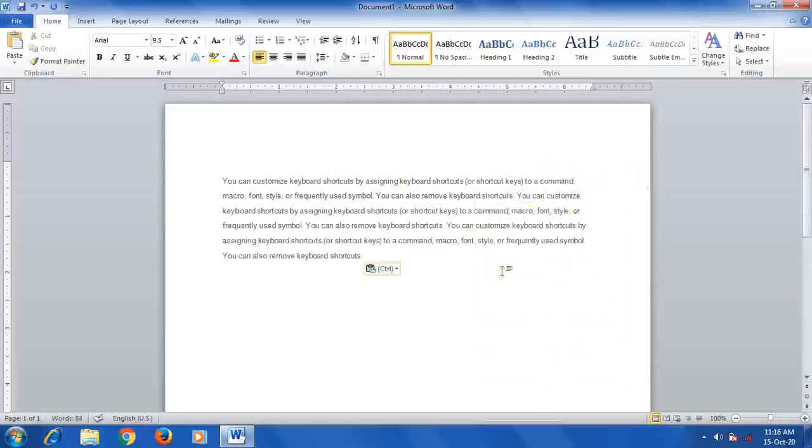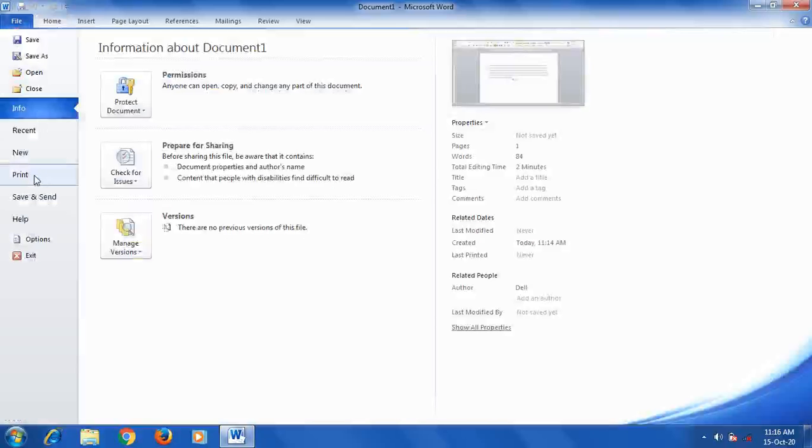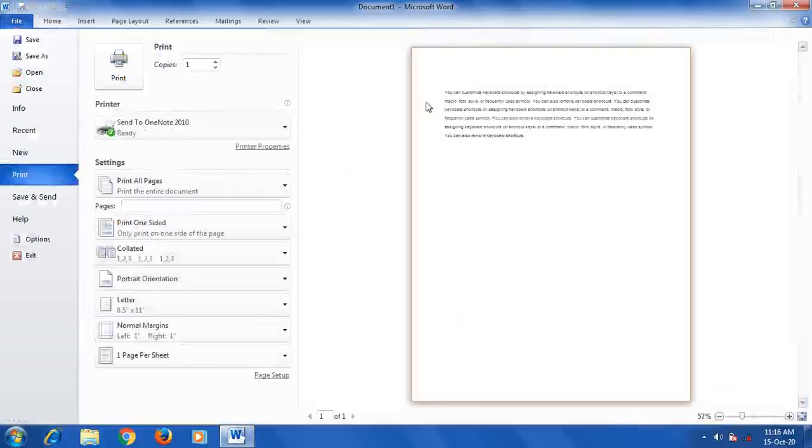To take a printout, just click on File, then click on the Print option. When you click on the Print option, on the right side you will see the preview of how the document appears, and in this list you will see the printers installed in your system. This is called the backstage view. The first option is how many copies you want of this file.